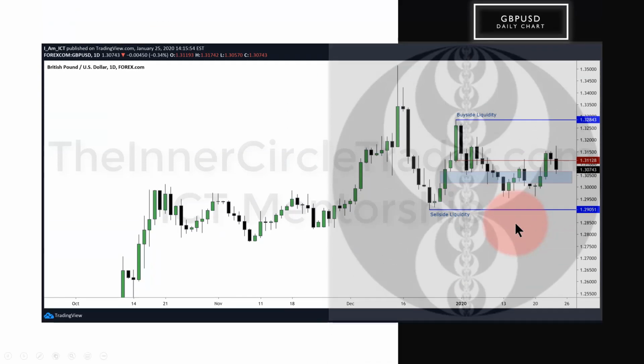Finally, moving into cable. All right, so we have the buy side liquidity pool here, sell side liquidity pool here. Untapped fair value gap, we've been extending that out in time. Bearish order block here, I just added that. I had no real convictions about British pound. I'm not going to make any bones about it. Just go back and listen to the last two videos. Really uncertain about what it was going to do, and I'm glad I stayed out.